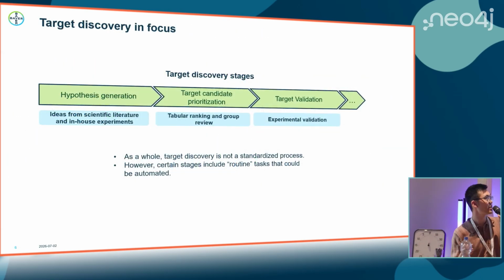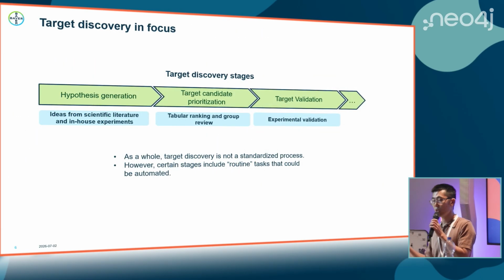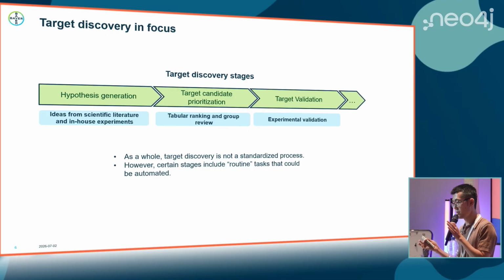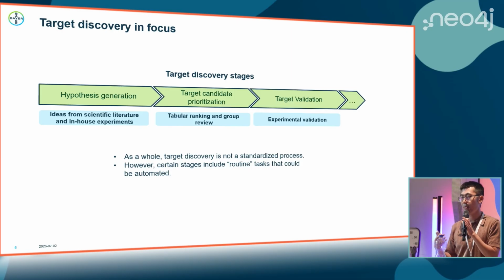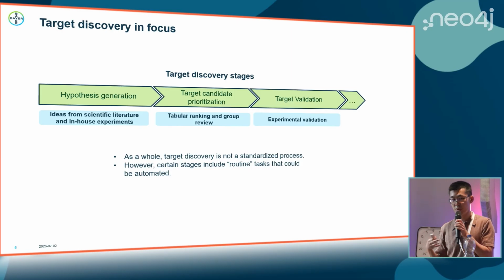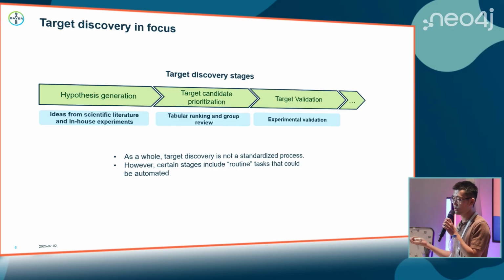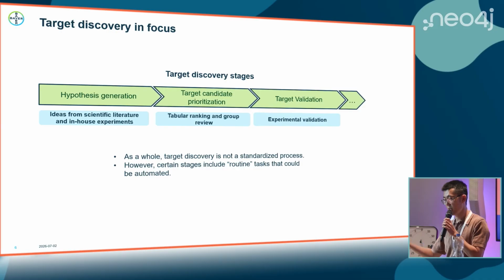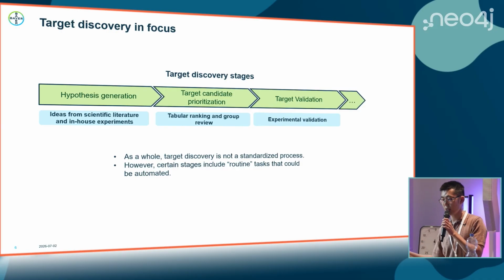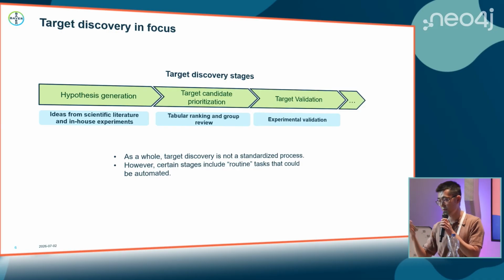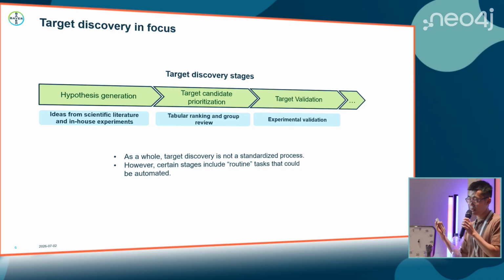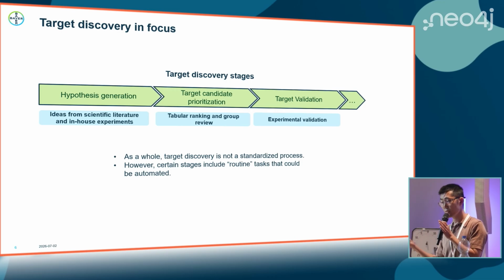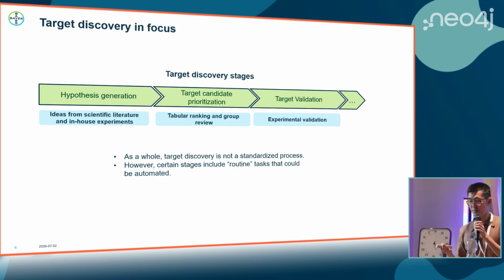If we want to focus on target discovery, what are the stages within target discovery? Well, as a whole, there are three major ones. Let's say it's hypothesis generation, where you usually generate ideas from scientific literature or in-house experiments. Target candidate prioritization follows up on that. So there you rank your ideas and collect feedback from your peers. And maybe the most difficult stage is target validation, where you actually need to perform experiments and you need to